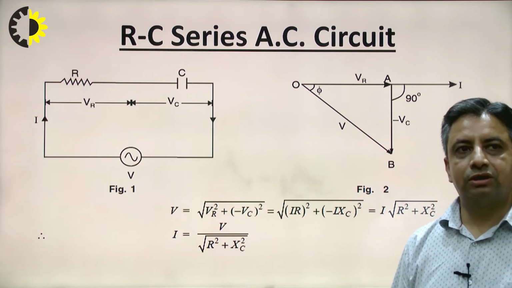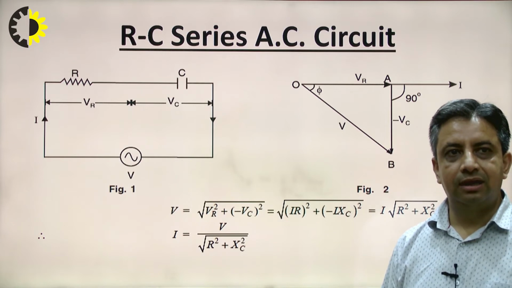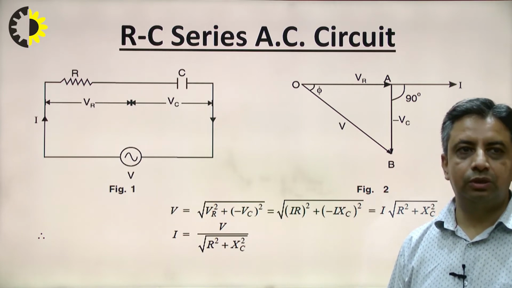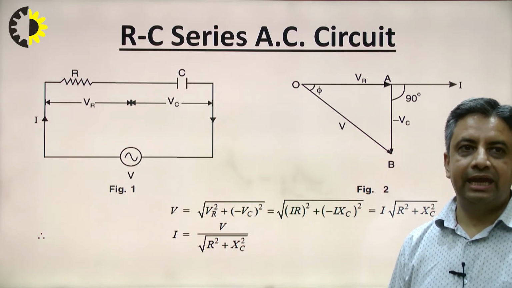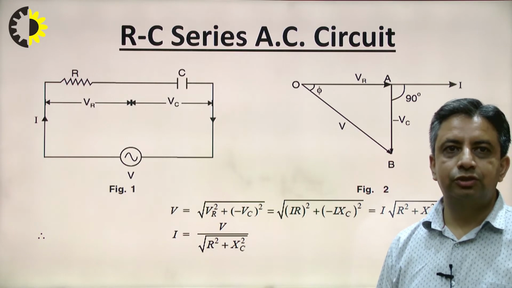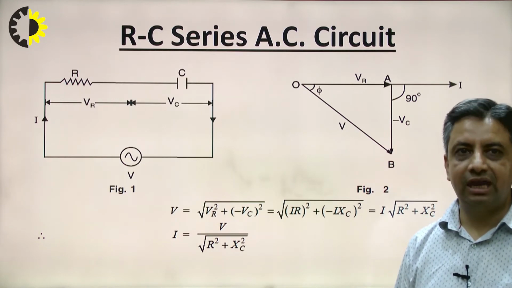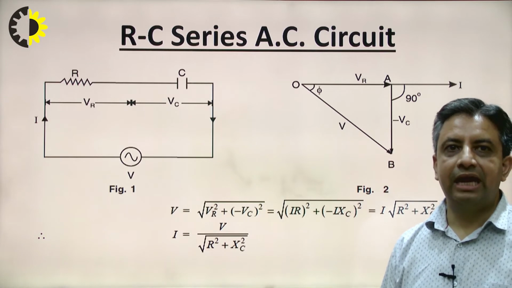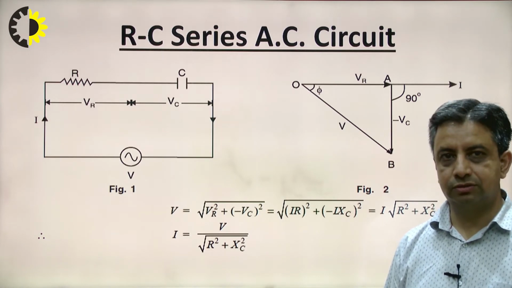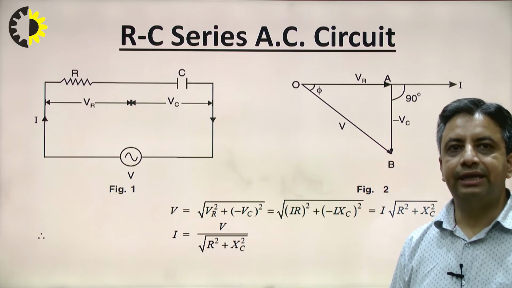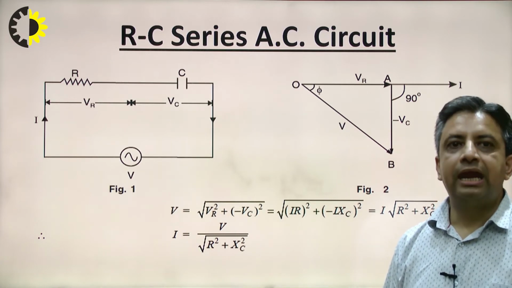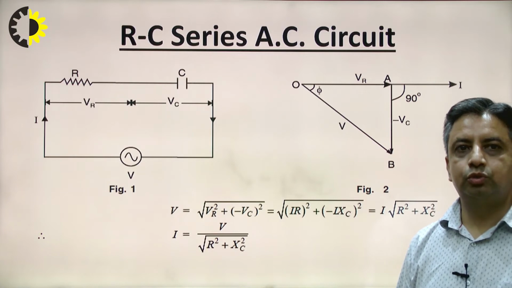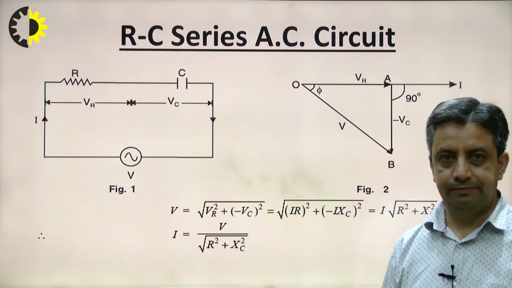The voltage across the resistor is denoted by VR. The voltage across the capacitor is denoted by VC, and I is the supply current. Now again, if I draw the voltage triangle, on the base we will have VR, and as we have discussed in the case of the RL circuit also, it will be in phase with current I. Now this VC will be in phase quadrature to this VR, and the phasor sum of these two will be equal to the supply voltage V.